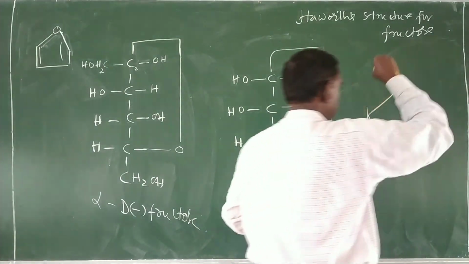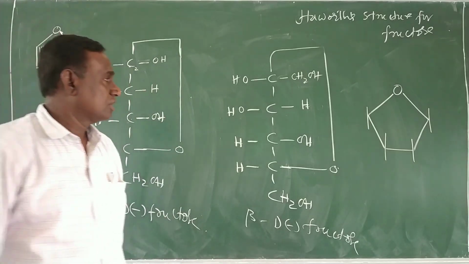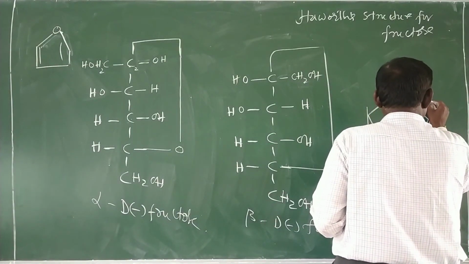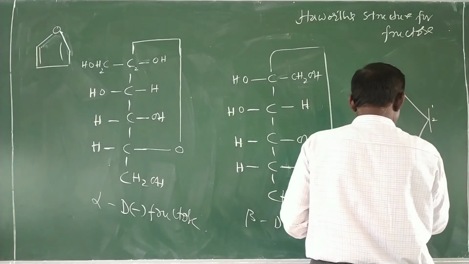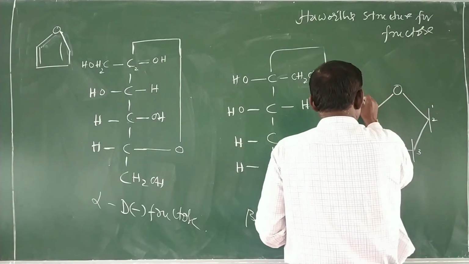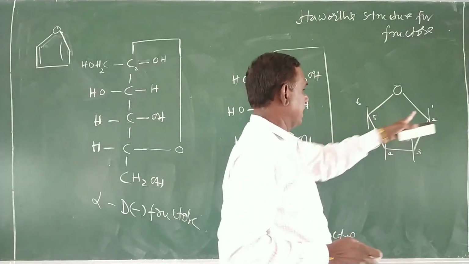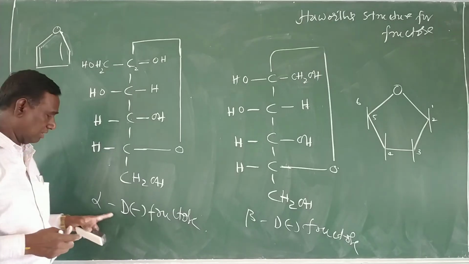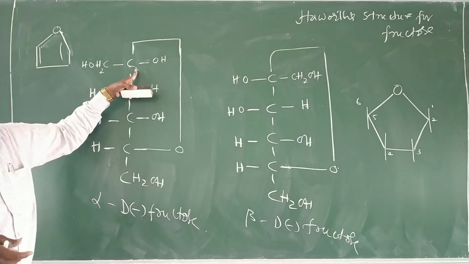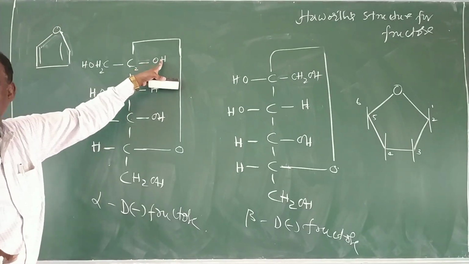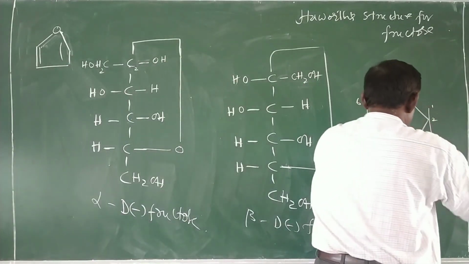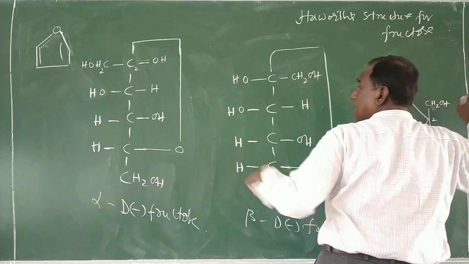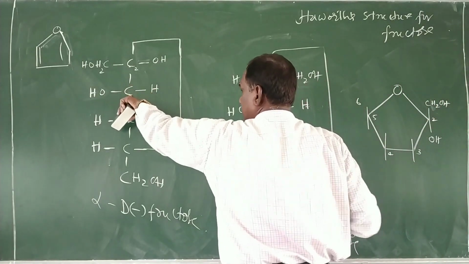So that is how to write this one, you see. So it is here 1, 2, 3, 4, 5 and 6 like this. It is 1. So therefore here you see alpha. First I am going to write the alpha. Alpha, second term we have to take. Second term right hand side is OH. You see, second right hand side means OH, means here. So this is CH2OH again. So that is the third carbon atom.